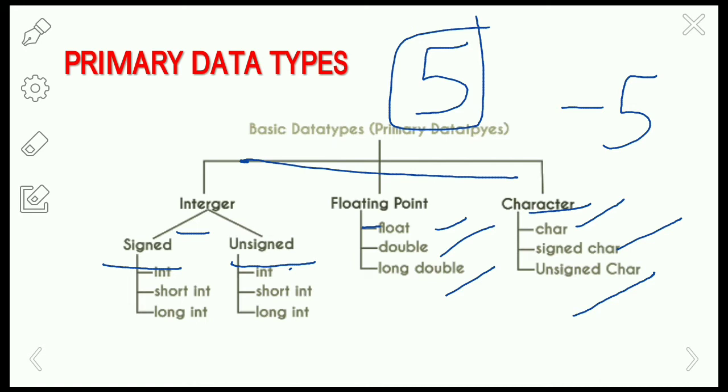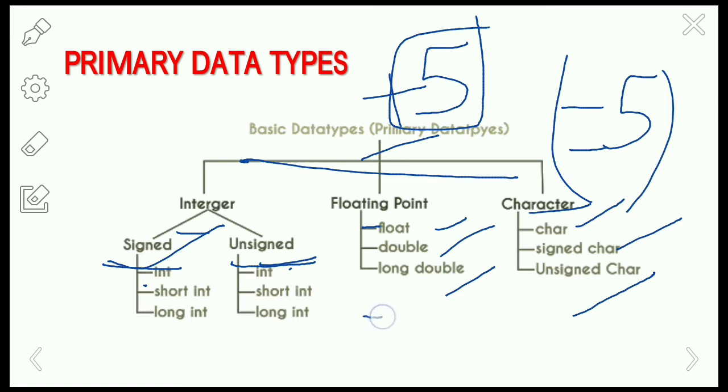We can take plus 5 as the normal 5, and if the given value 5 has the negative sign, then we represent it as minus 5. So plus 5 or 5 is the same. We can determine a particular integer with a positive or negative sign using the signed value. The name denotes that we are assigning a sign to the integer, whereas the unsigned integer assigns only a positive value.